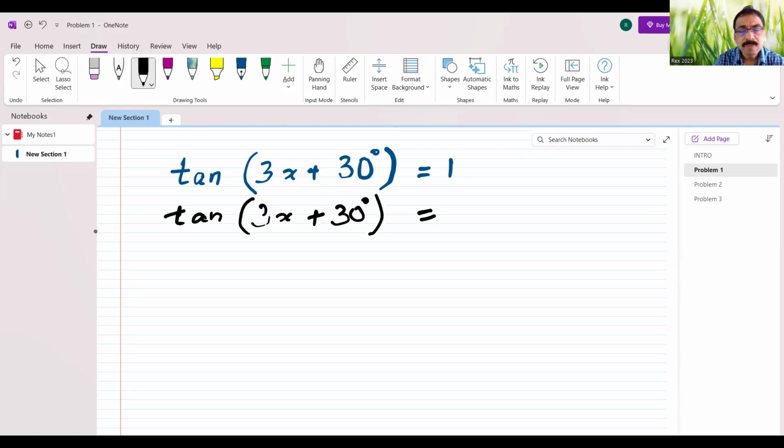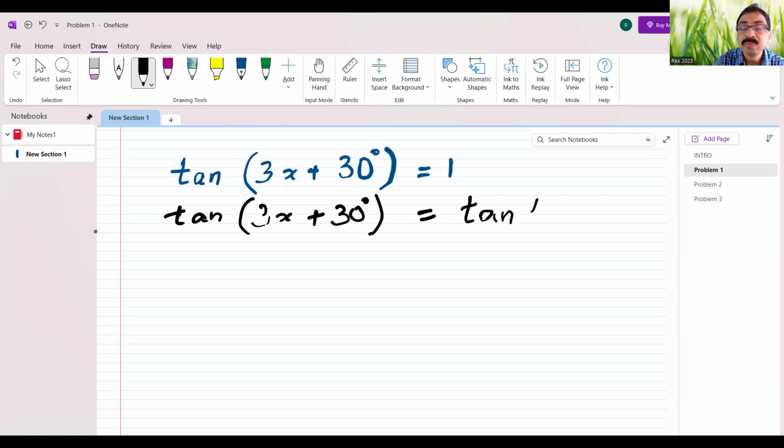Now, what is the measure of the angle for which tan will give you an answer of 1? Is it tan 0? Is it tan 30? Is it tan 45? Is it tan 60? Or is it tan 90? This is one of the easiest values to remember. Tan 45 is equal to 1, which means cot 45 is also equal to 1 since cot is the inverse of tan. That's the easiest value in that whole table to remember. Tan 45 is equal to 1. So instead of saying 1, we are going to write it as tan